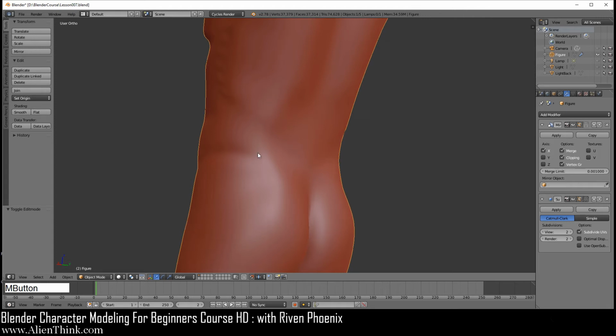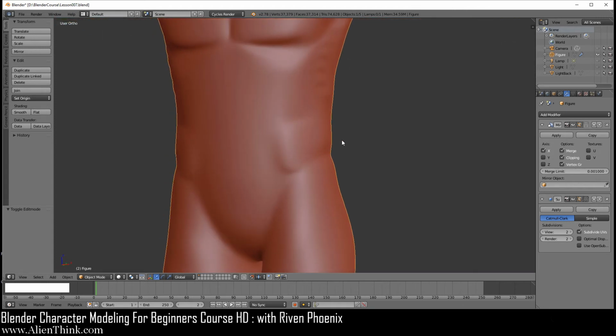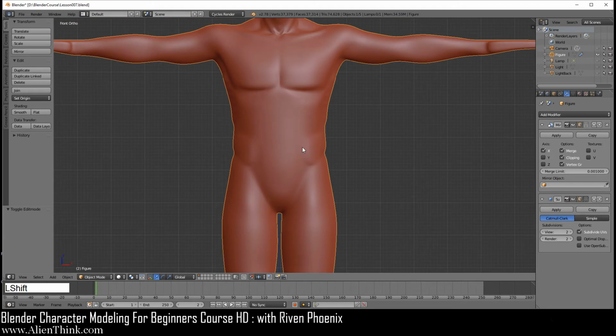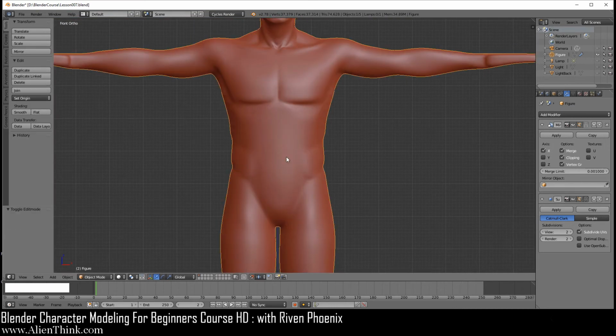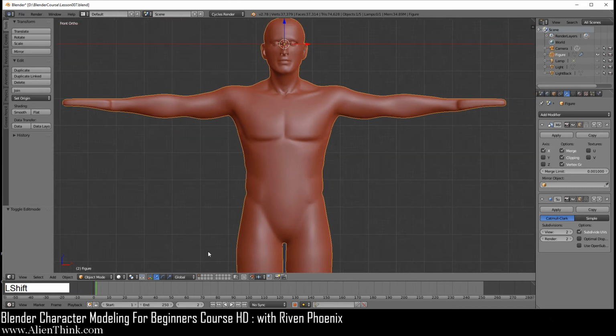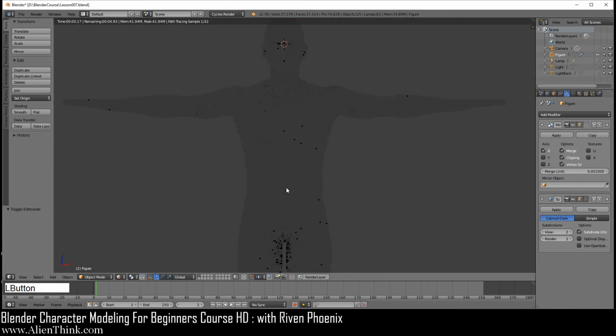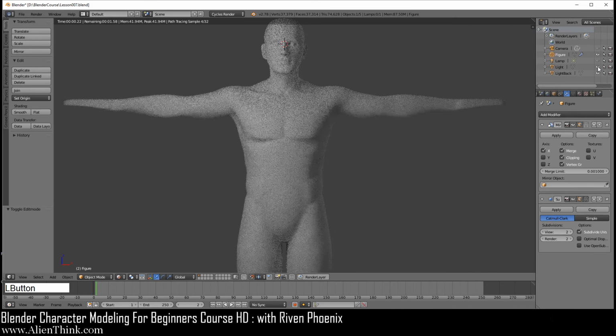Now we'll come back in the back later to work on this a little later, but I just wanted to show you all this. So the only thing that we have to do now is obviously define the abs, which we're going to do later. But what we want to do is now look at the work that we've done and how it looks. Okay, so let's go ahead and click on rendered and turn on our lights over here.